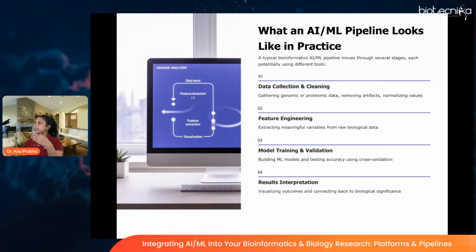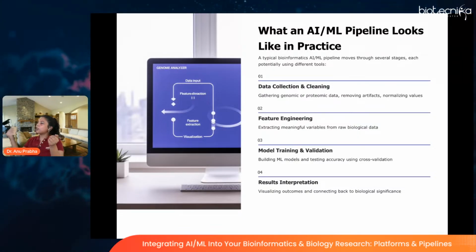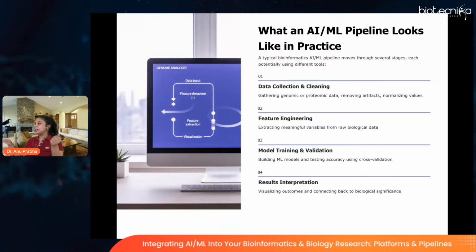it will always have an output. Understanding that output and putting it in context of the experiment is what is going to tell you whether it is usable or not. If I can do the same thing without AI, I'll probably save a lot of money in running it through an EC2 instance and using so many GPUs and all that stuff.